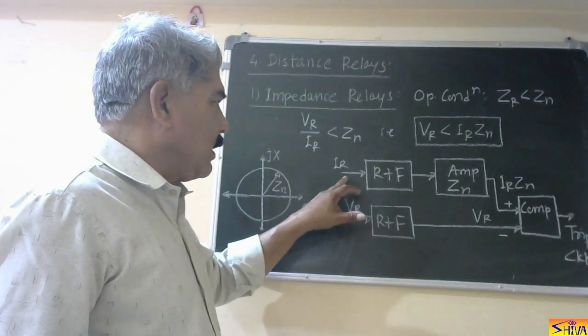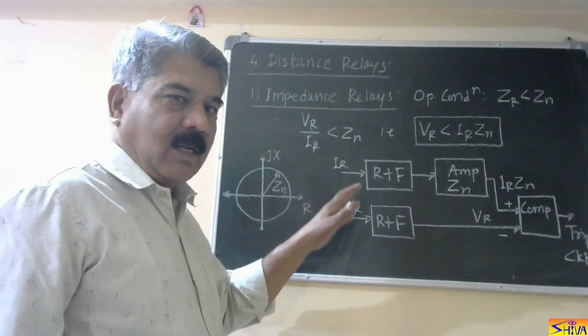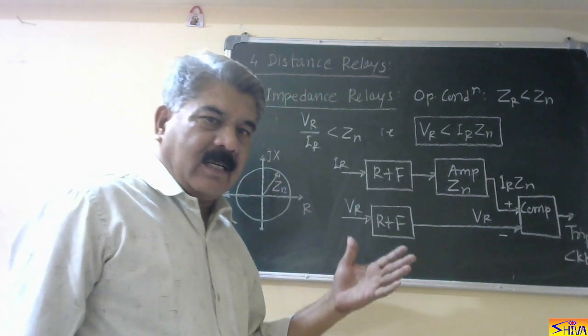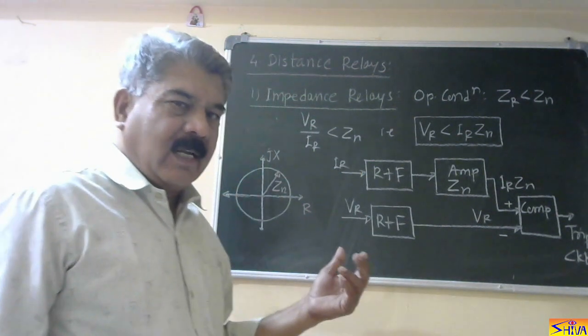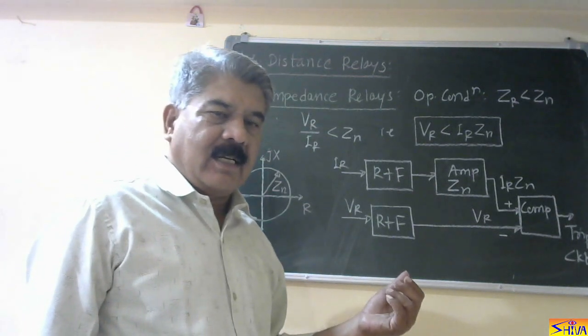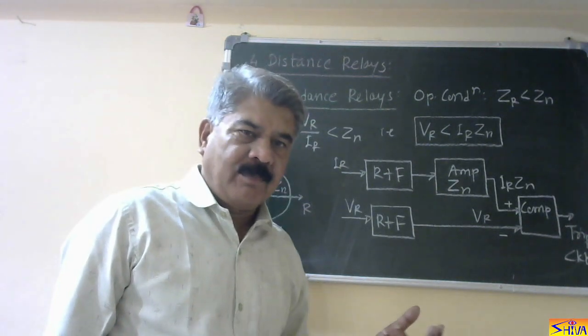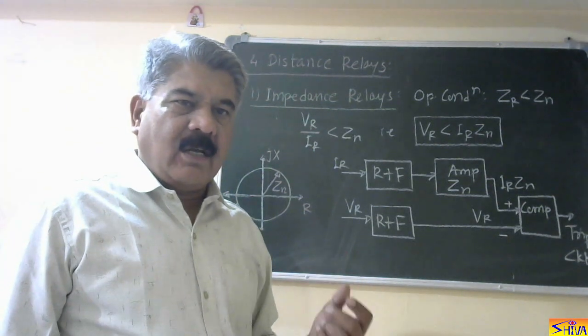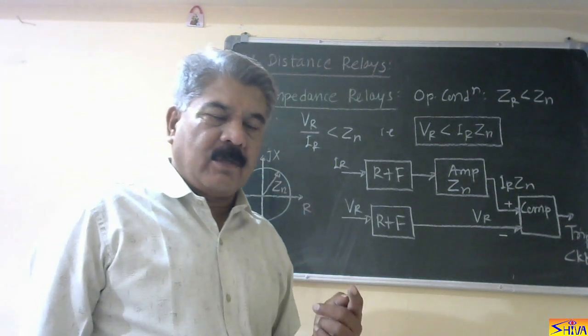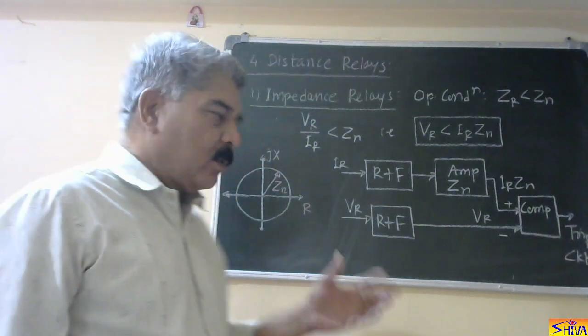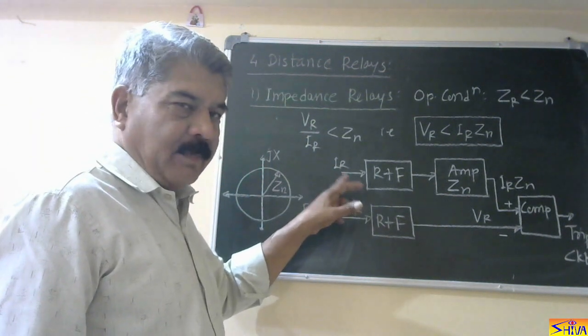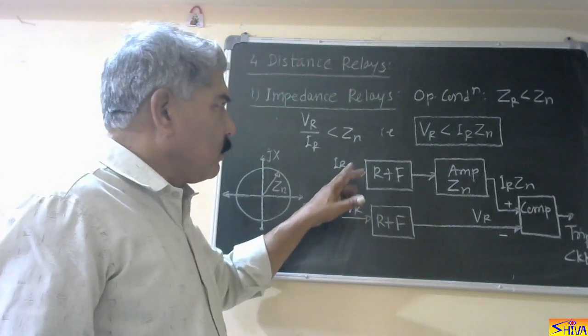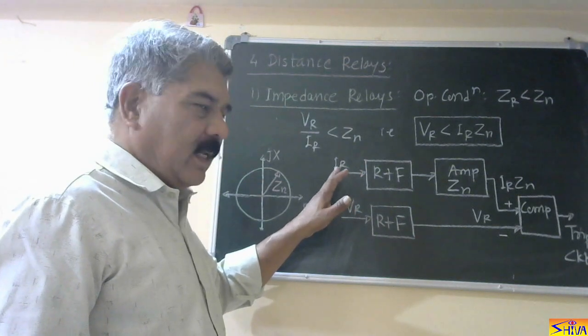So IR signal is taken from the secondary of the CT. Now we cannot give the current signal directly to the static relay. So we have to convert this into a voltage signal. So we short the secondary of the CT by a small resistance, usually for 1 ampere. So we get voltage proportional to IR. But here I will write IR to avoid any confusion.